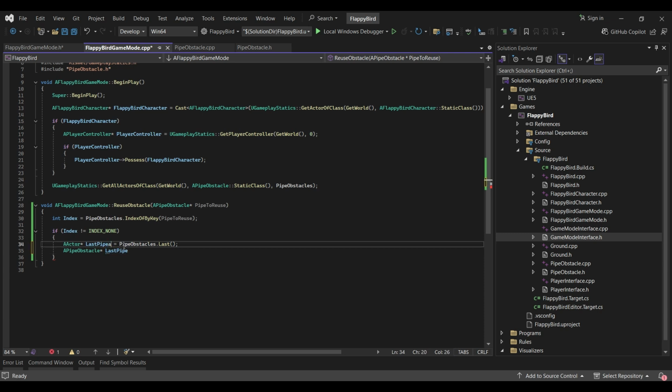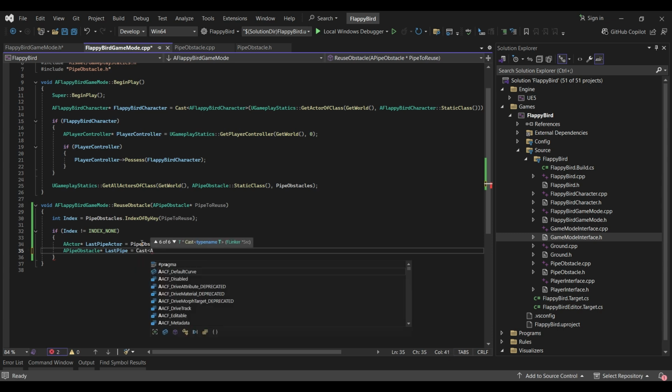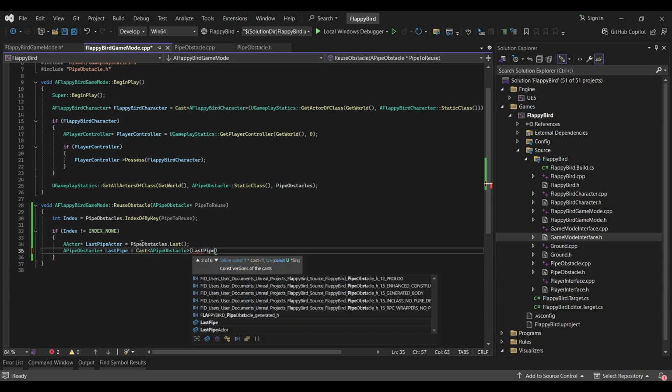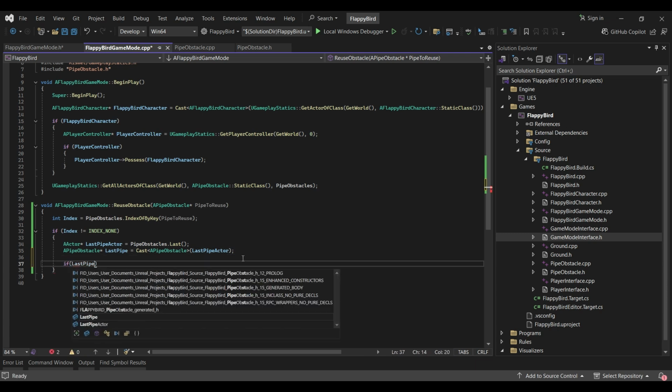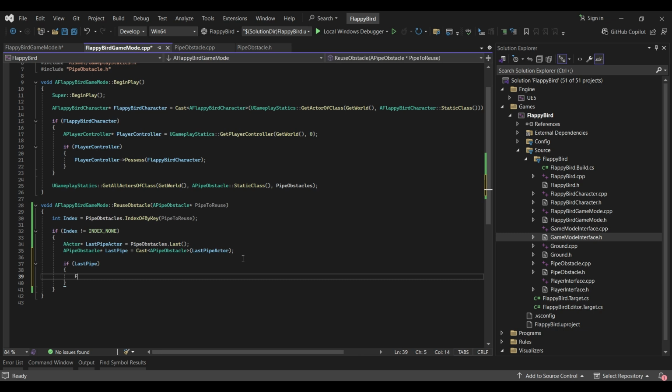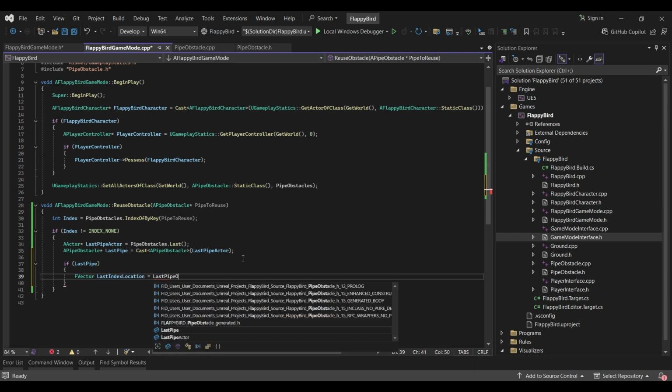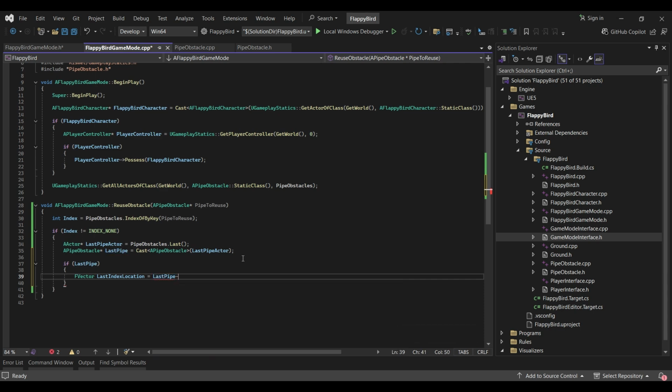Let's call this LastPipeActor, which is equal to Cast APipeObstacle LastPipeActor. Now if LastPipe, we need to get the location of the last index, so LastIndexLocation is equal to LastPipe GetActorLocation,